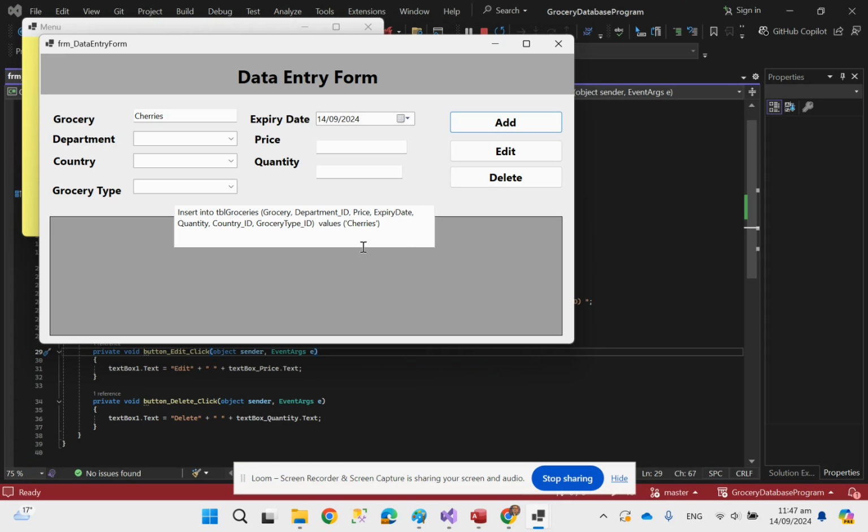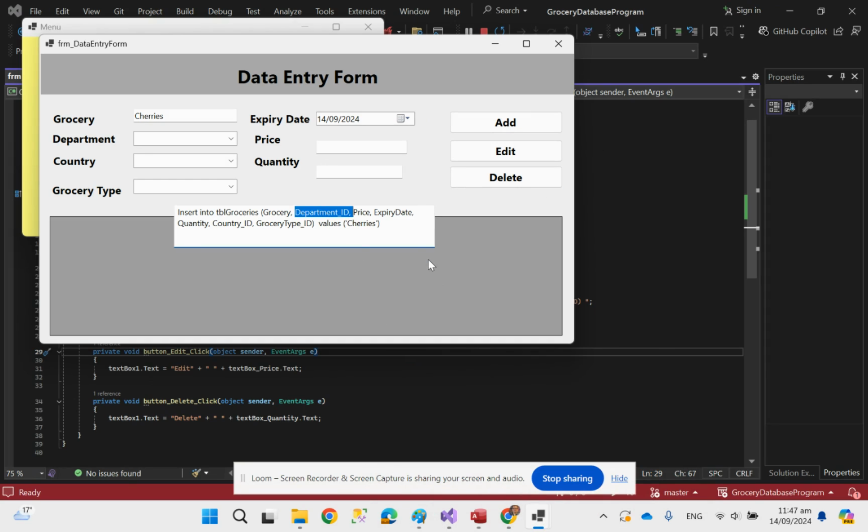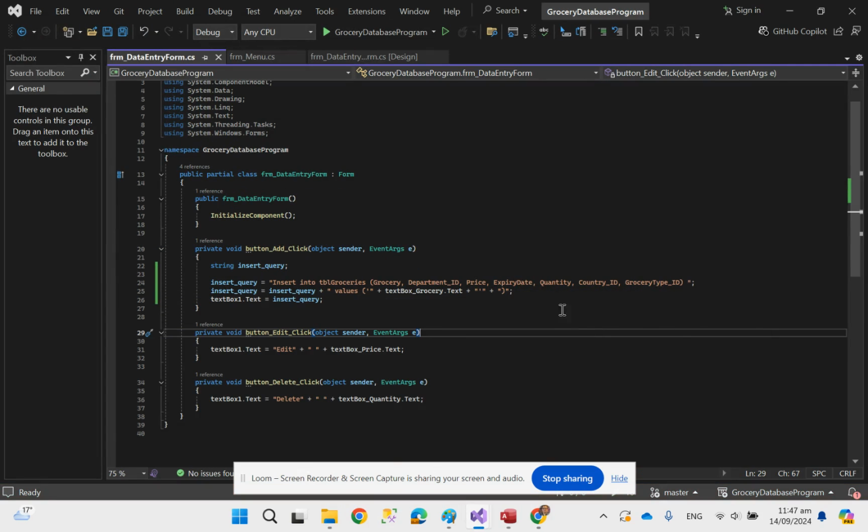Okay, now let's do the next box. What is the next value? Well, department ID. We can see this is the next value we need. Get the value for department ID in. We start here. Don't forget these values are separated by a comma. Add the comma here. To make it a little bit tidier, maybe we go plus that comma sign,